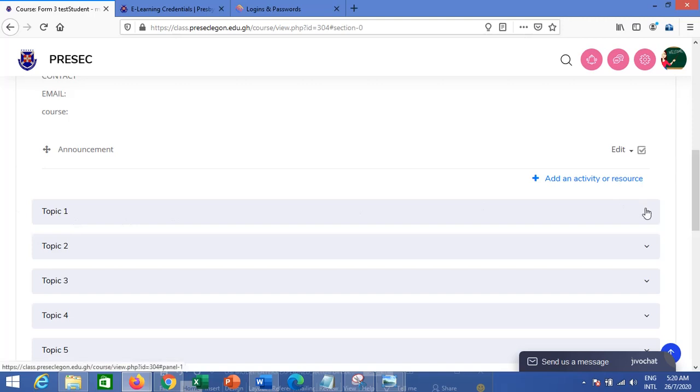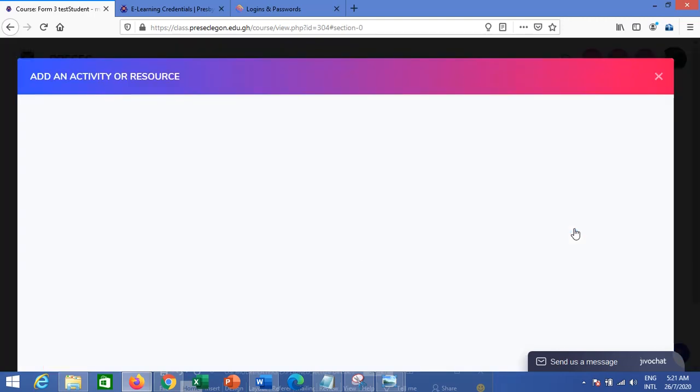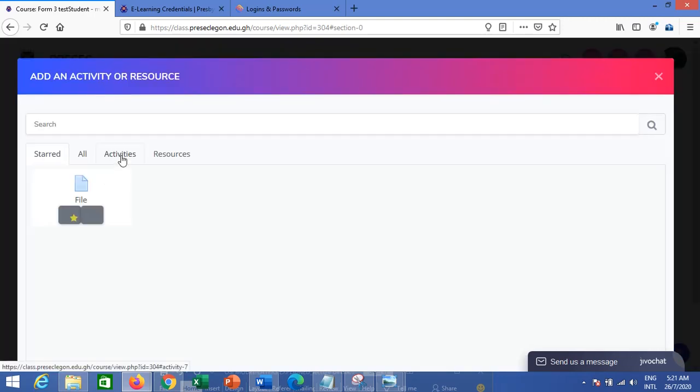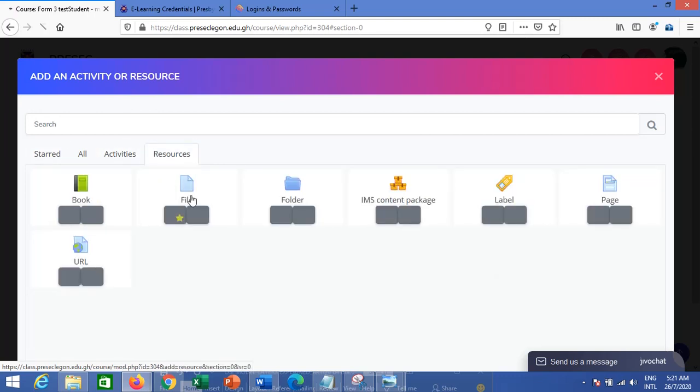So when you come here, over here you can add an activity or resource, by adding the syllabus, your forecast, what you intend to do for the semester. So you prepare your forecast, you can add an activity or resource over here, where you would add a file. So this is going to be a file. You can go to file,